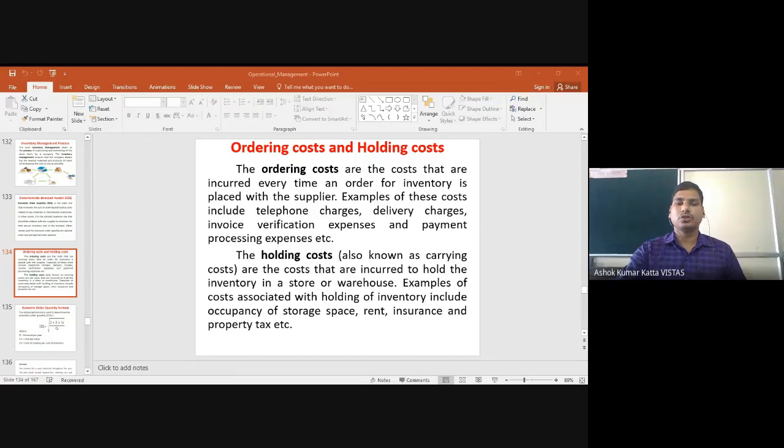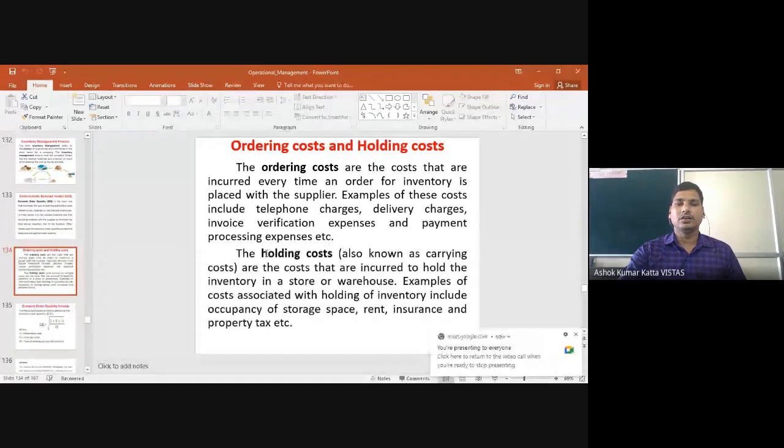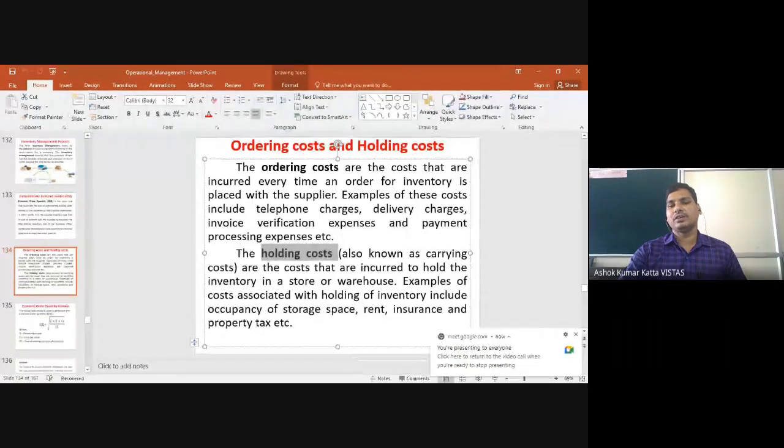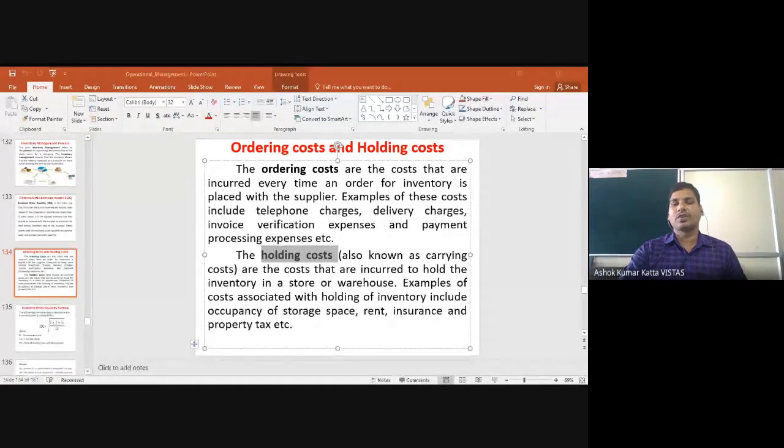The second one we are going to talk about is the holding cost. In the name itself, they have mentioned very clearly what this holding cost is. Holding cost means you have given an order to the supplier. Now what will the supplier do? Once you made the 10 percent advance payment to him, he will deliver the products to you. How will he deliver? He will send all the products, all the raw material by lorry, or by train, or by flight, ship.